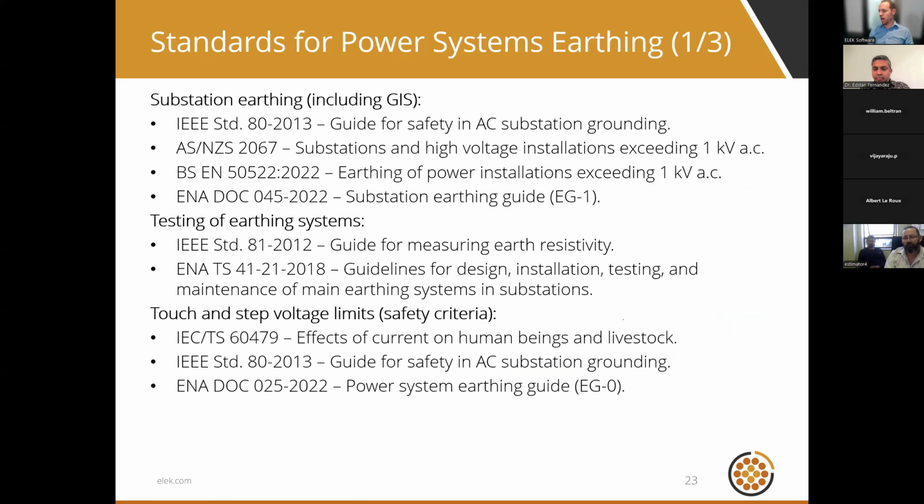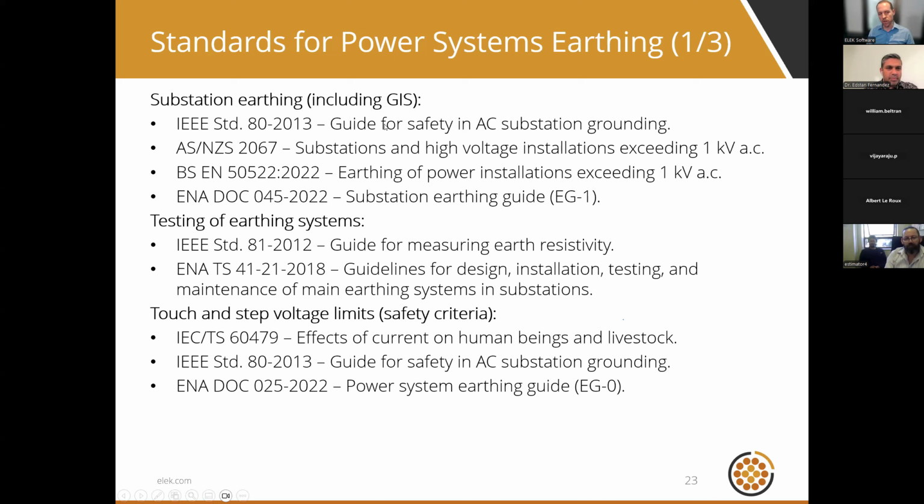I took the time to create 3 slides now for everyone. I listed down what I think, from my experience, are the most important earthing design standards. There are quite a lot of them. And I think if you can, I'd recommend that you take screenshots of the next 3 slides for your own reference. They've been categorized, but I'll slowly move through them.